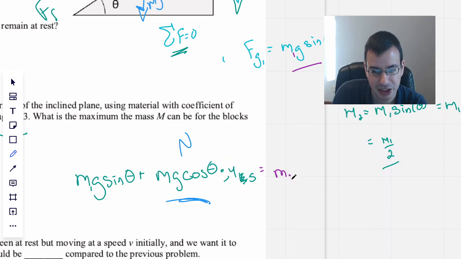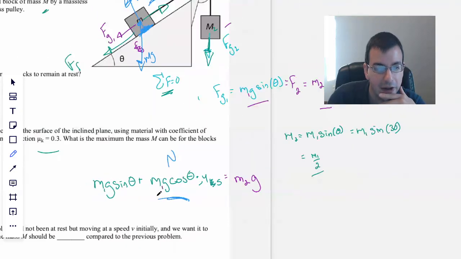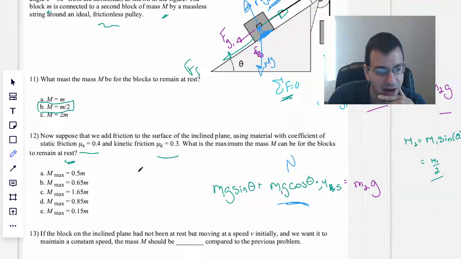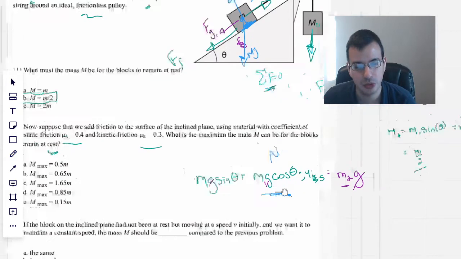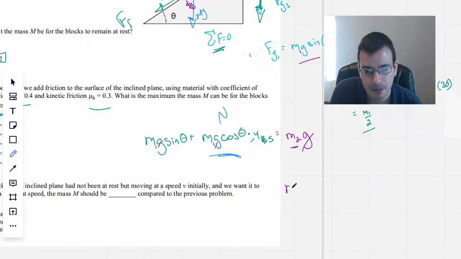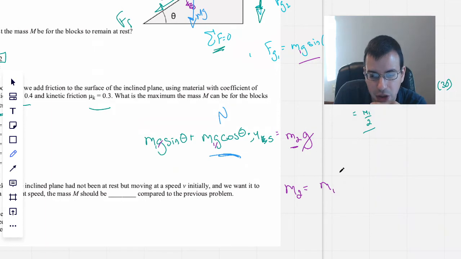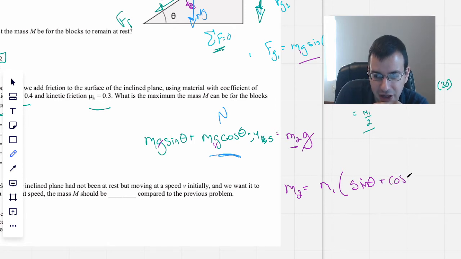Okay, and we're going to say that this equals, because we're at rest, staying at rest, this will be mass 2 times gravity. I probably should have 1s over here, 1, okay. And so we're trying to solve for mass 2, so we'll cancel the gravities, which makes sense, the gravities would all cancel. So we can say mass 2 equals mass 1 times quantity sine of theta plus cosine theta mu static. And we know theta is 30, so this will be